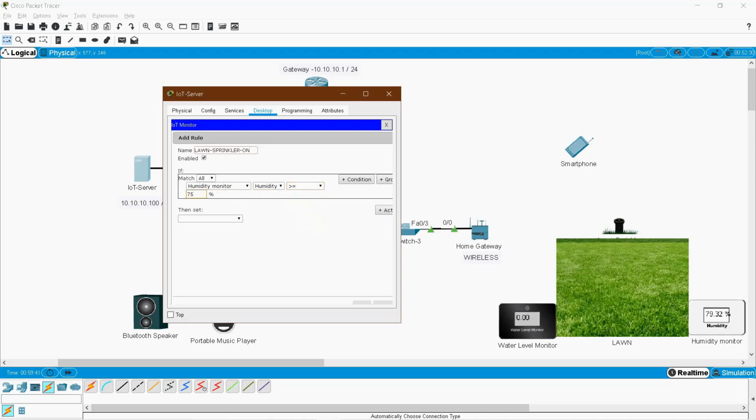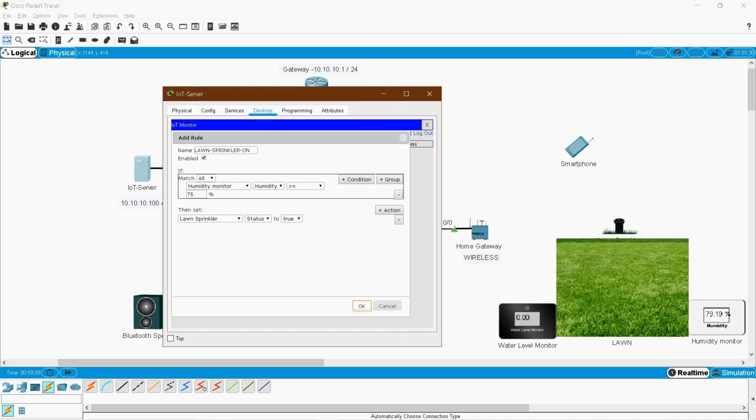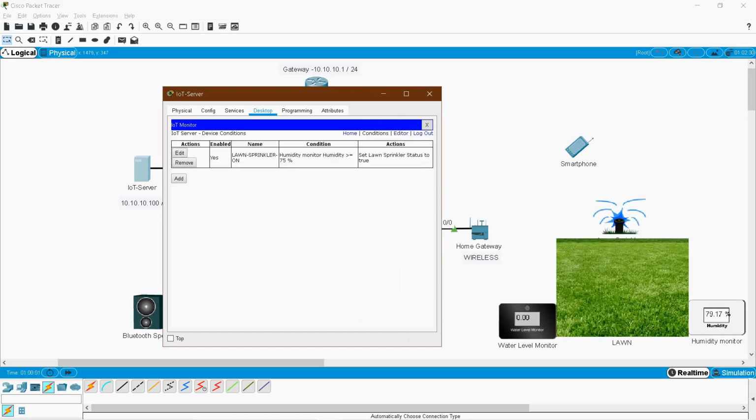When humidity is higher, I want my lawn sprinkler status to be true. So once I have given true, okay, once I have given this, you could see here now the sprinkler is off. Now once I have given OK, you could see the sprinkler gets on based on this condition automatically.